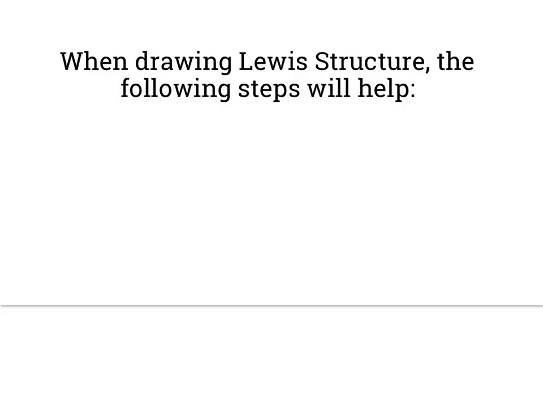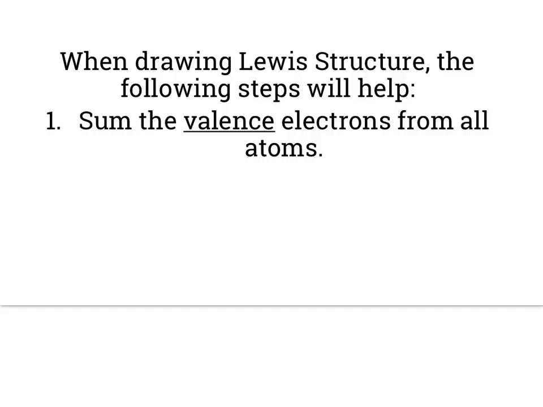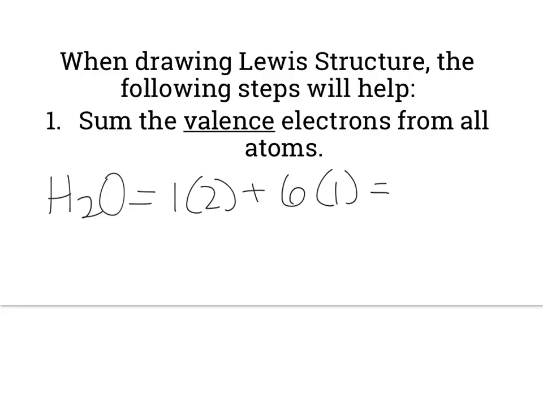So, step 1. Sum up all the valence electrons from all the atoms in your structure. Okay, we've talked about valence electrons before; it goes off the group number. For example, H2O, we're going to have 1 times 2 plus 6 from oxygen times 1 to get you 8 total. Also, CO3 2 minus would be 4 for carbon